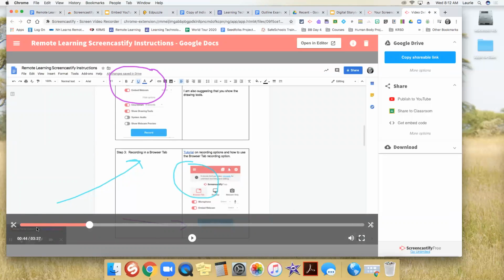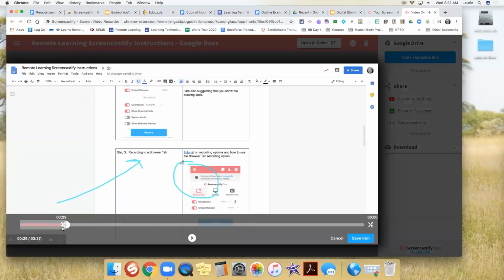Oops. If I want to trim out the beginning and the end, I can drag these scissors almost at 5, and I can trim this. With the upgrade of the free Screencastify, some of the premium features are now in the free. Before, you couldn't trim. So you had to kind of get it right. So one additional bonus with the upgrade of the free features is this ability to trim. You couldn't do that in the free version before.